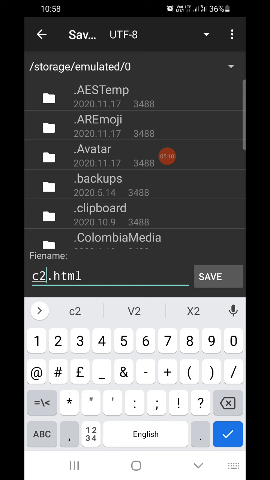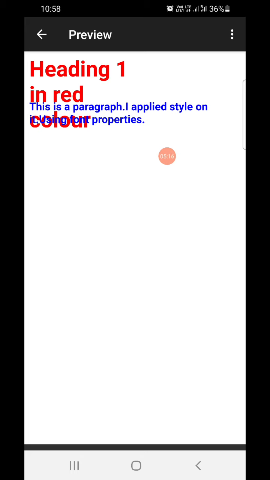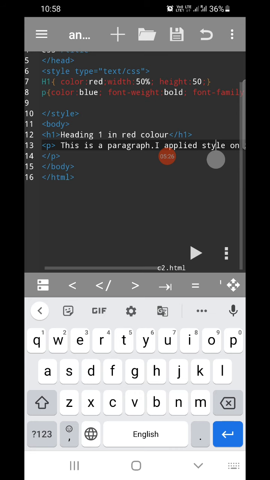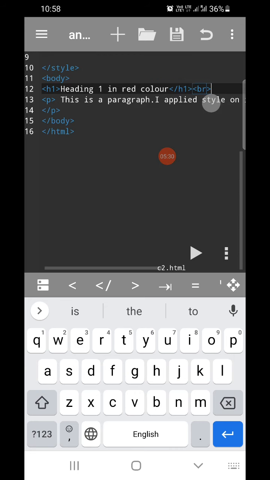So if I do c2.html, saved. Now run this. See, the heading is coming in red color, and then this paragraph. What you can do is apply a br tag here. Now run.